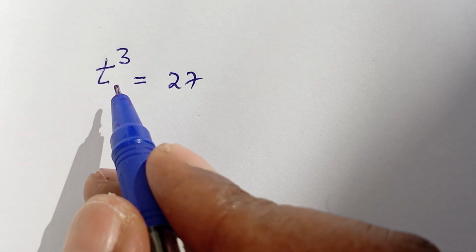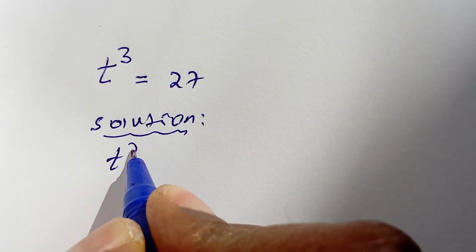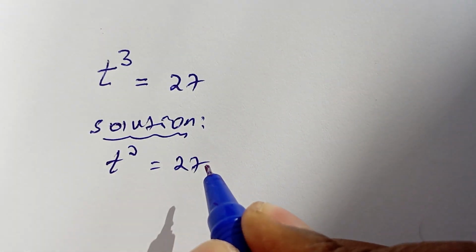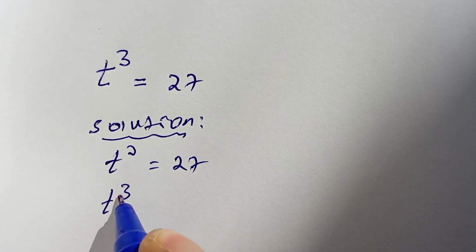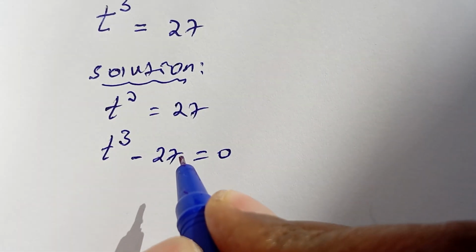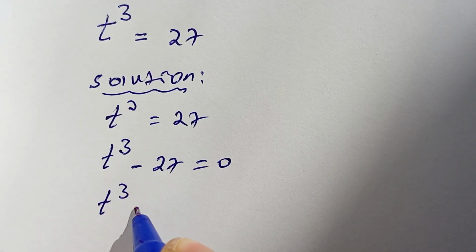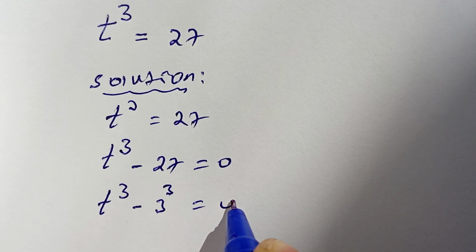Hi everybody, how to solve this? Solution: t to the power of 3 is equal to 27. So this is t to the power of 3 minus 27 is equal to 0. And this is t to the power of 3 minus 3 to the power of 3 is equal to